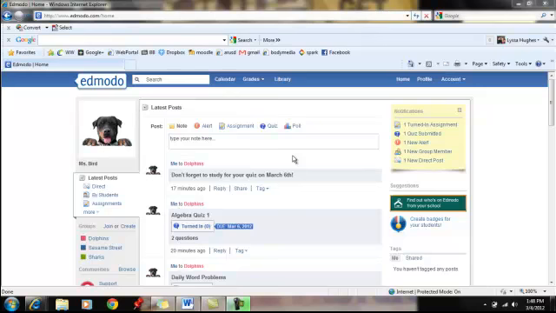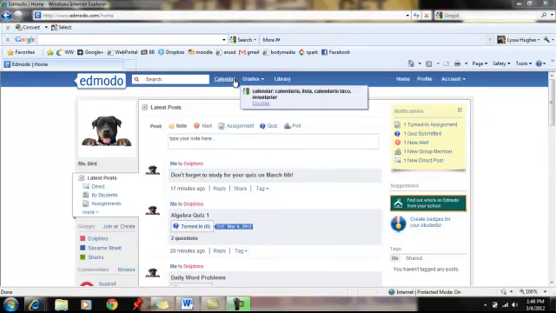Hi there, so our next portion is going to be about how to use the calendar, as this will help to keep you and your students on track about what is due, what's coming up, what kind of assignments you have asked them to create, what assignments are due for them, things of that sort. So here's your home screen again. All you need to do is click on your calendar,